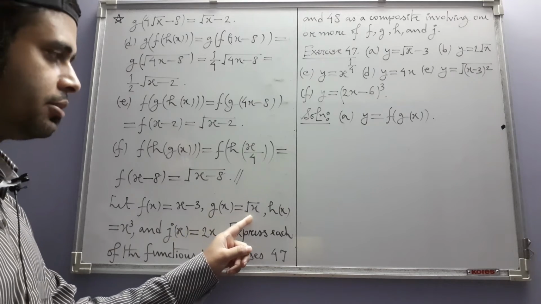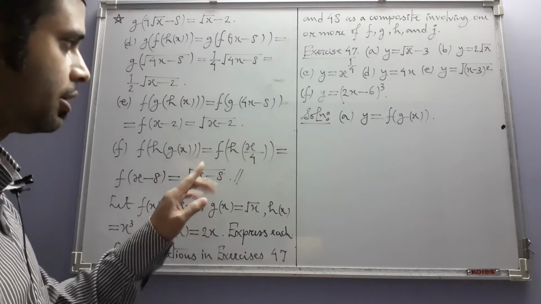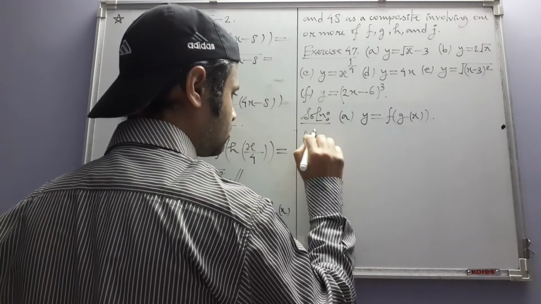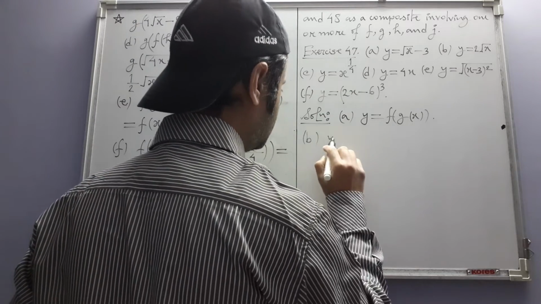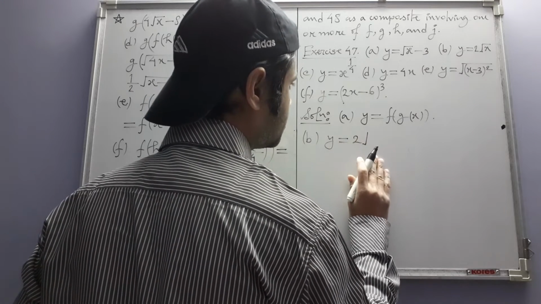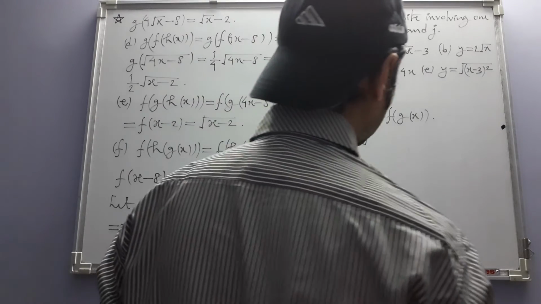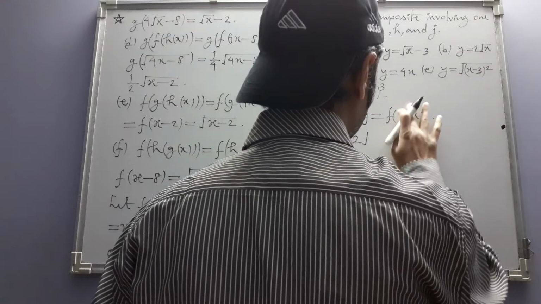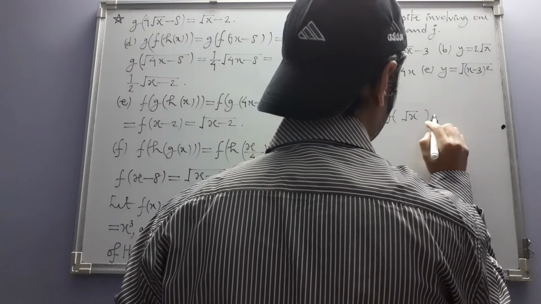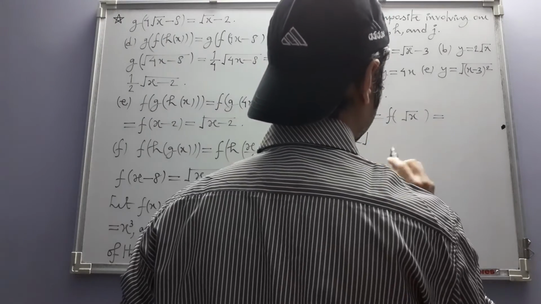First, when you calculate g of x, you get f of square root of x, and f of square root of x is root x minus 3. Then b, y equal to 2 root x. Will it be nice if we do it in steps, say, for example, like this? Instead of just simply writing the final answer, let's write like this: